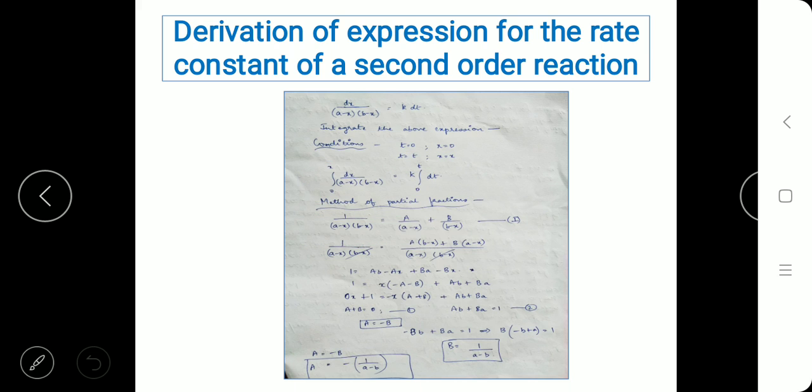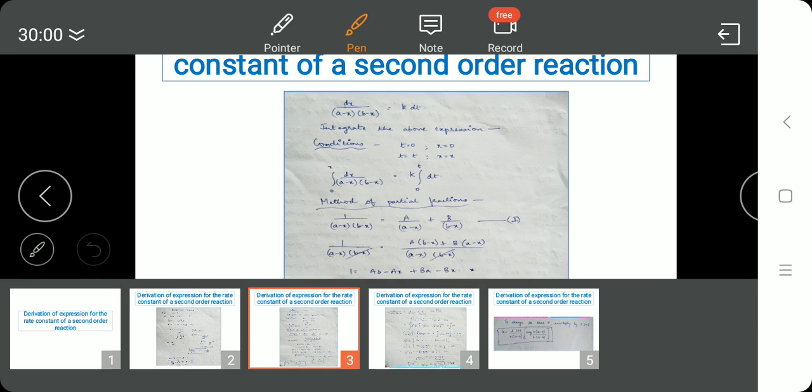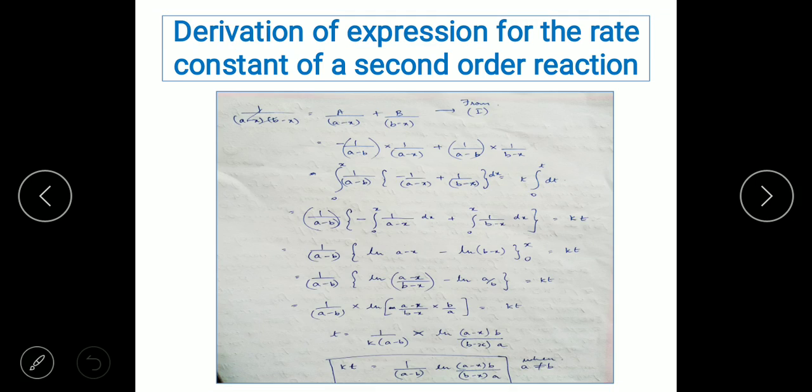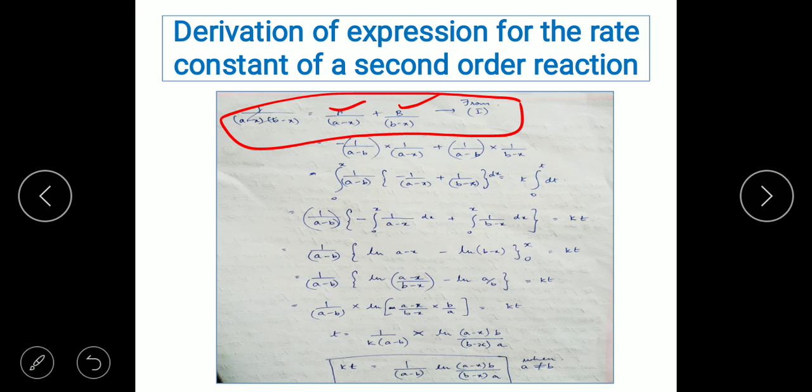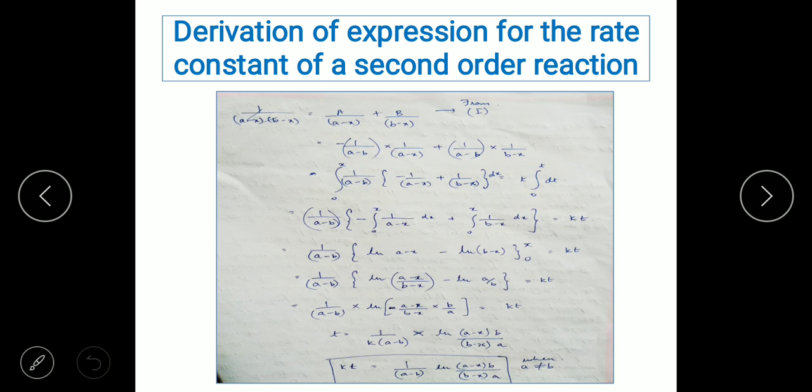So we're going to make use of both and we're going to integrate finally. So let's do the expression now. What we did is we're going to take equation 1 and substituting a and b, we got an expression of this kind, and next step what we're going to do is integrate it with the limits 0 to x into dx.